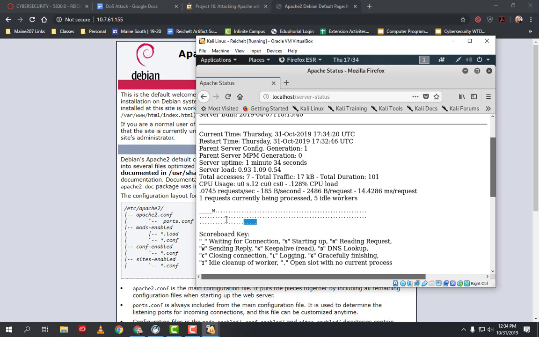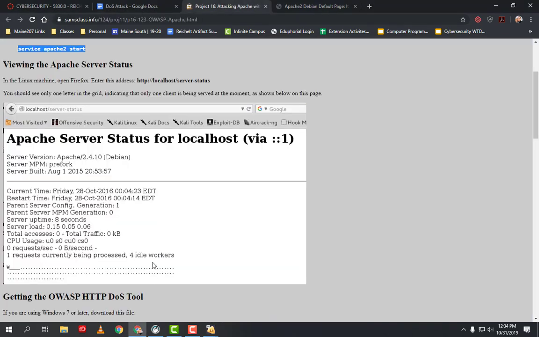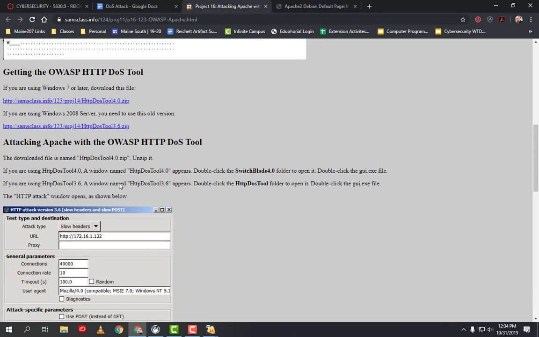So this is saying that our web server is up and running correctly. The more dots you have, the better. All right, so now let's actually attack this server. So we're going to go on, we need to find, let's see,